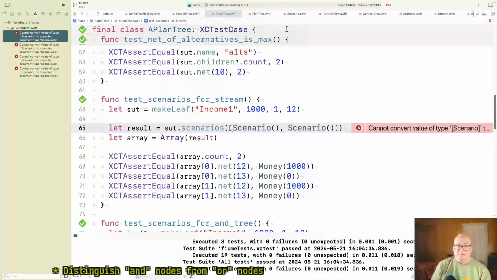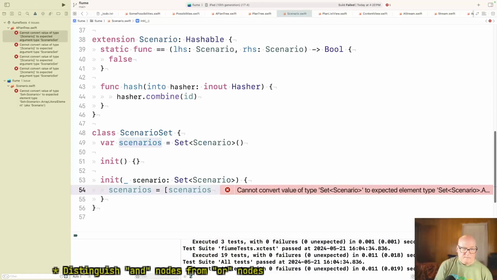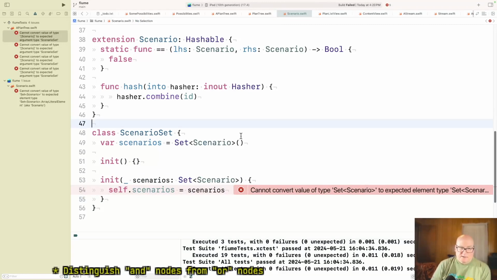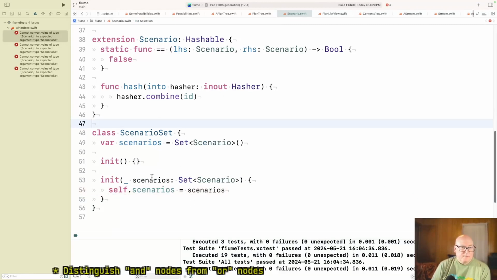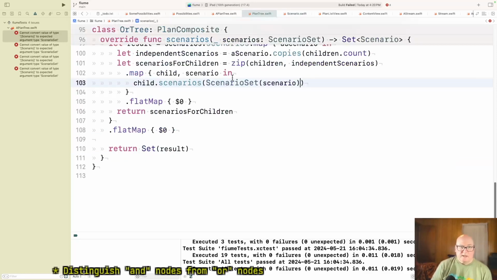All right, now I'm going to change my mind. Okay. And I say equals this. All right, now back to that one.